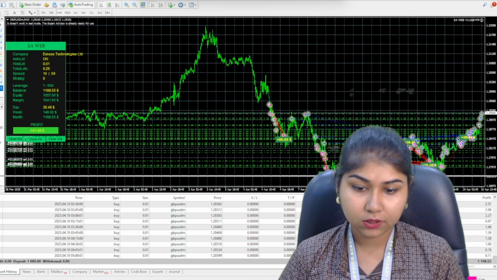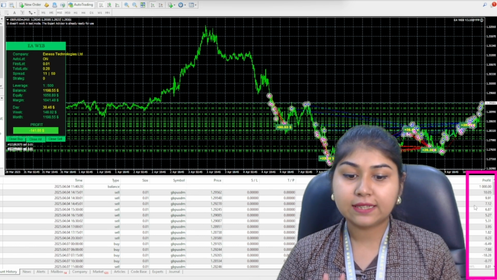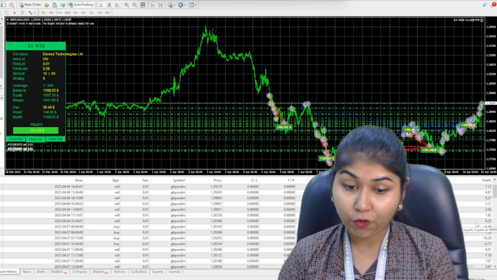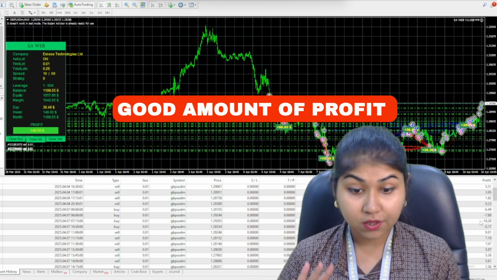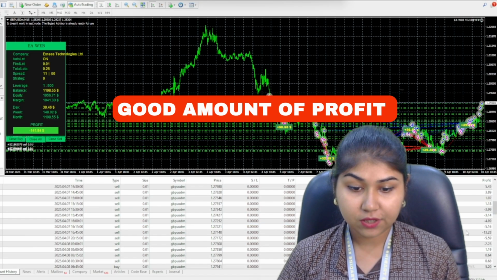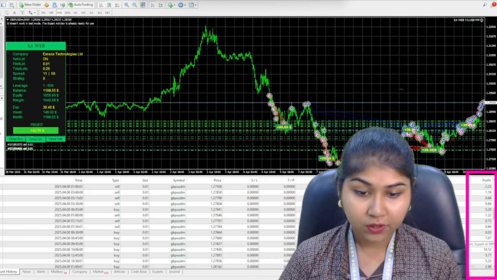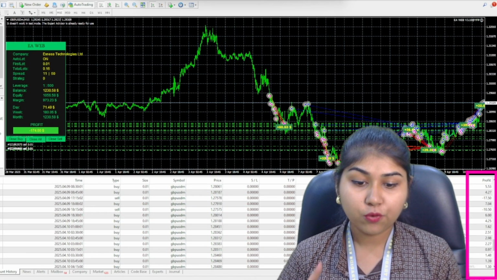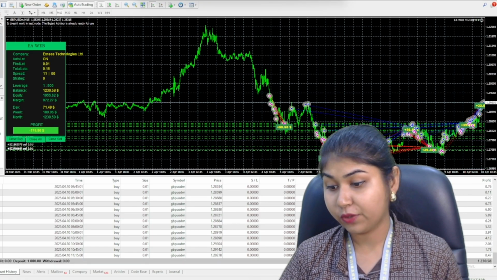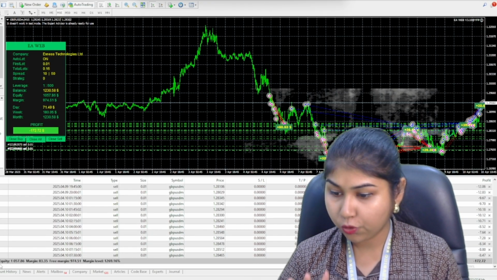Let's make it. Okay. Just look at it. This EA has been giving me a very good amount of profitable trades, as well as some losing trades like this one and some other, this one and this one. But it's a part. After 1 week, I am having almost $200. We had some open trades that this EA has closed.